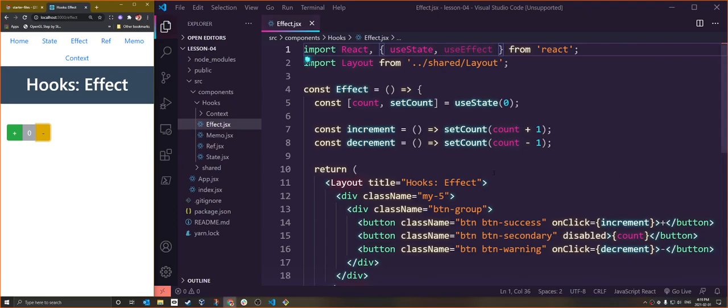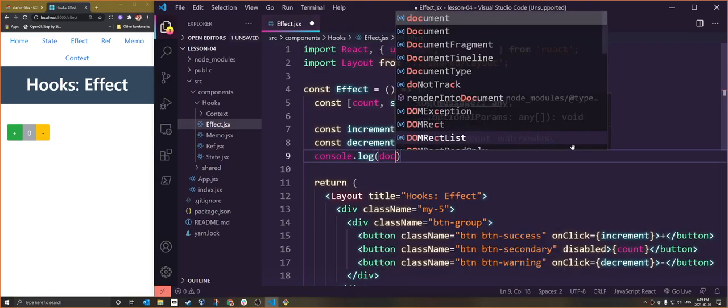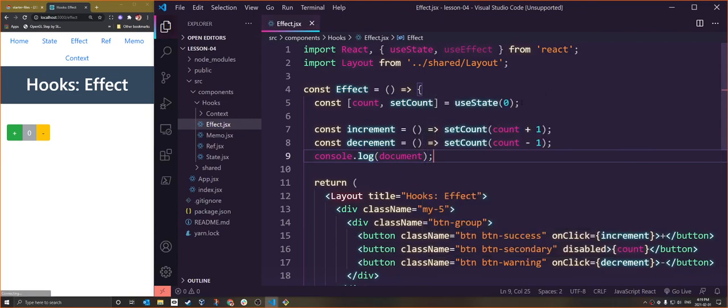Now we're going to write a little function that's basically going to allow it to modify the background color. However, we can't just modify the background color here right now because when this loads, the DOM is not available to us. For example, if I try to run console.log document here inside my element